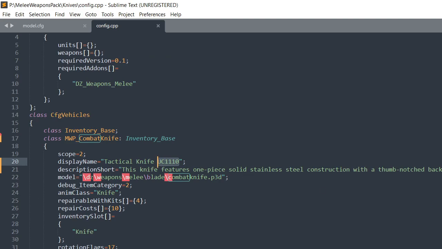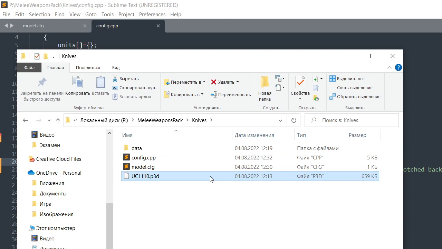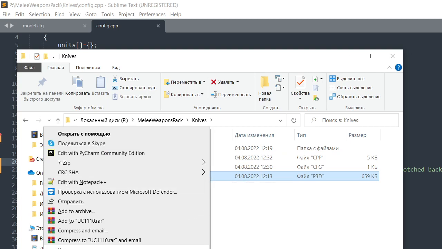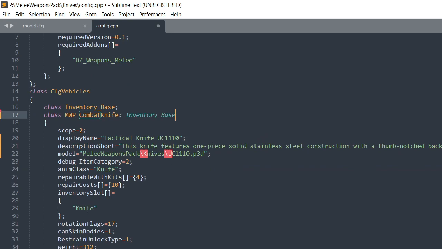You see a lot of numbers like that. Just press Shift, right click, copy as path, and paste it right over here. Don't be an idiot. Don't write it yourself. And delete the P drive because the players, they don't have a P drive like you. And if you forget to delete the P drive, players will not be able to use your items. They will not see either textures or even models, but they will have the items because the config works. So inventory, knife,